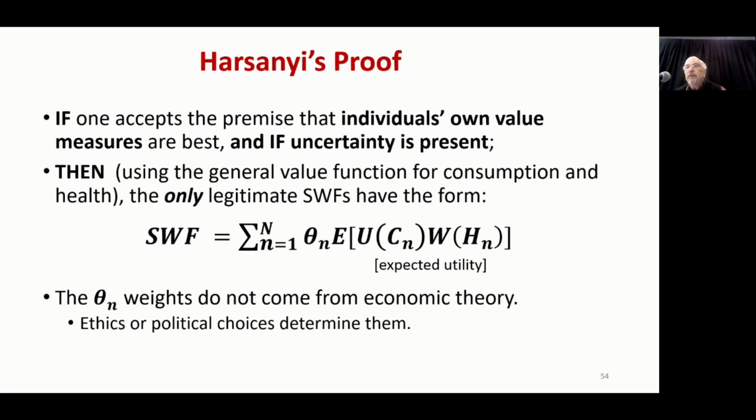Now, what that means is we're not going to include how much I value your gains in health. We're going to use your measures of how much you value gains in health in the social welfare function, not my measures of how much you value it. That's what that means. And that means the social welfare function then is simply adding up the expected utility of individuals, that's everything inside the square brackets, weighted by what I call theta sub n. Theta is the societal weight for the person numbers 1 to n in your population.